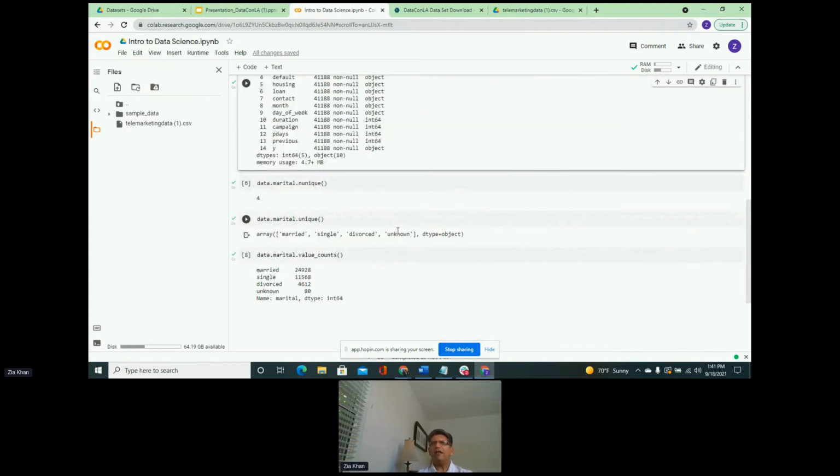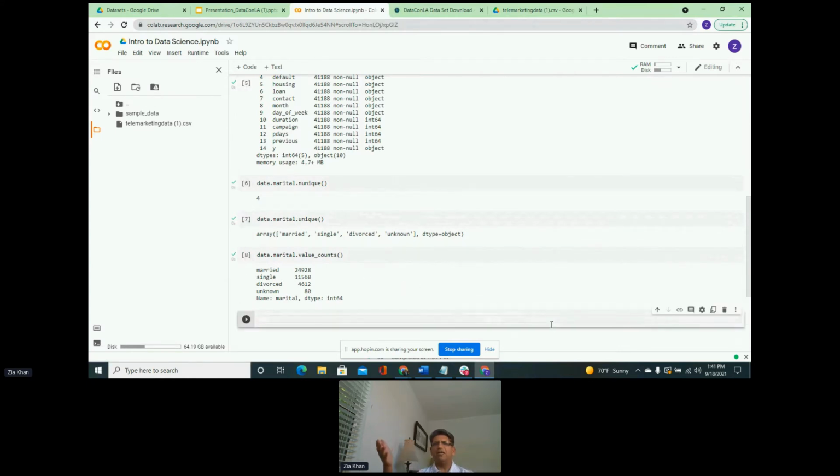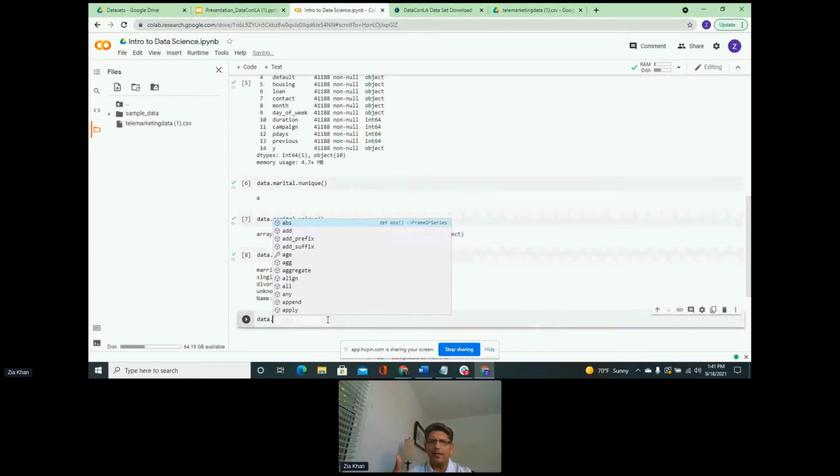So when we have a number, generally speaking, what we try to figure out for numbers is, okay, what is the mean, what is the median, what is the mode for those. So let's go to data, and we want to find out what is the average age, or mean, which is basically average, or the median age.